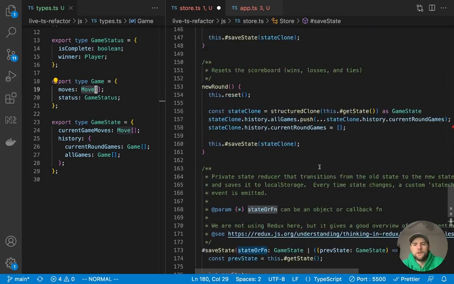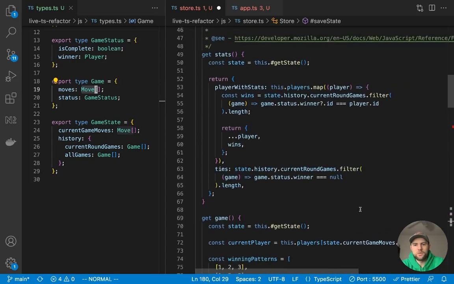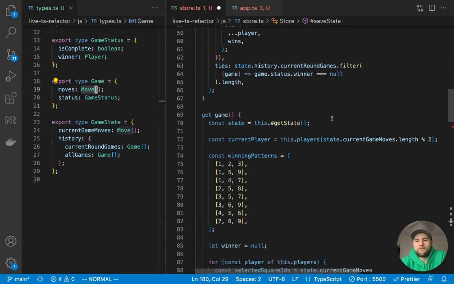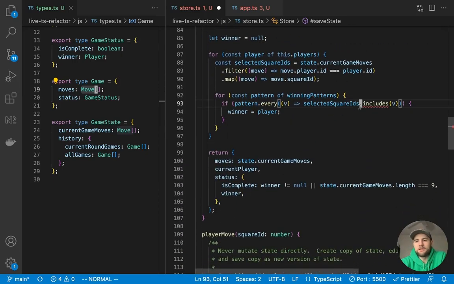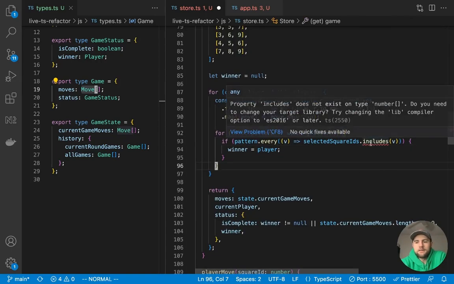Okay, so I think the only thing we have left here is that red squiggly. Not saying that the red squiggles are your map necessarily. You obviously need to check other things, but just given the fact that we know that this code worked before and we have strict mode on, we can really use those as a guide for our refactor to find areas that we have not strongly typed things. So let's dig into this error.